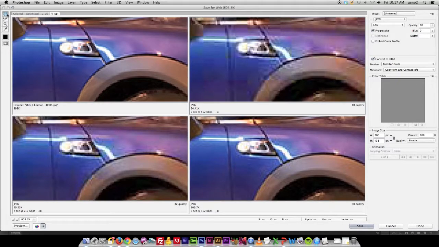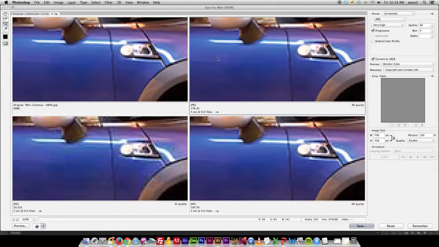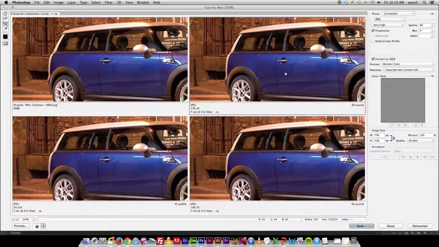Once I zoom in on this, I can see that my low quality setting adds a lot of JPEG artifacting. My medium quality setting still adds some. Even my high quality setting adds a little bit. So what I'm going to do is maybe go in and do a very high quality setting. And now I don't see much difference. There's a slight difference, but when I zoom back out, there's actually not enough difference to make it